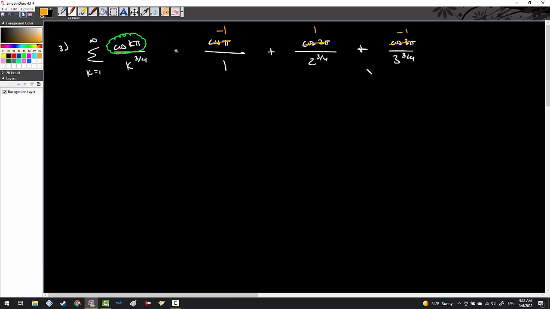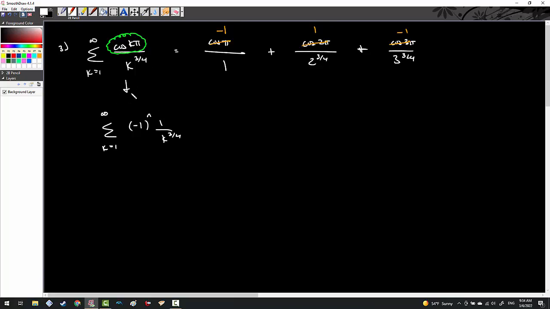And so hopefully that makes sense as to how they can disguise the alternator for you. So when this happens, just rewrite it now. So k equals 1 to infinity, and it's going to be 1 over k to the 3/4. But what you want to do is rewrite that cosine k pi as -1 to the something. So it looks like our first term was negative, so I'm thinking that'll be -1 to the nth power. So once we've rewritten it and repositioned this series in a way that's more palatable, we can definitely run